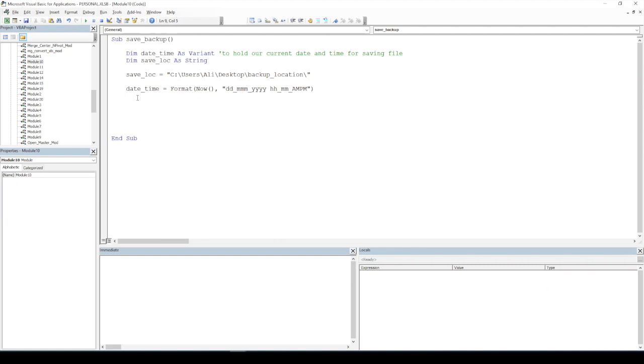We will use ActiveWorkbook.SaveCopyAs, which takes in a file name as a parameter. So I'm going to say ActiveWorkbook.SaveCopyAs, and as you can see it only accepts one parameter, which is the file name. Now we will need to construct our full file name including its path using the ampersand. Let's save it in a new variable called full_path and declare it as well. So I'm going to say full_path as string, and full_path equals